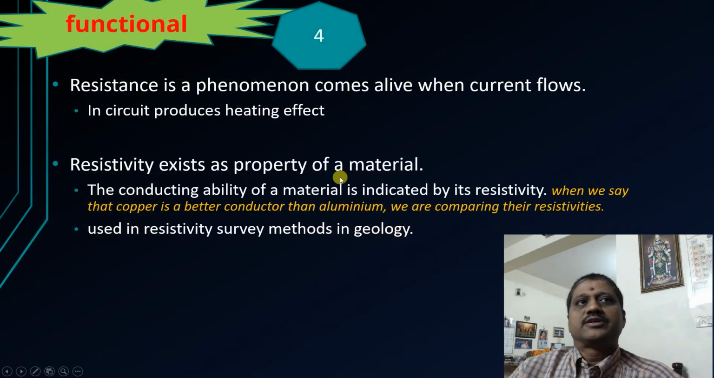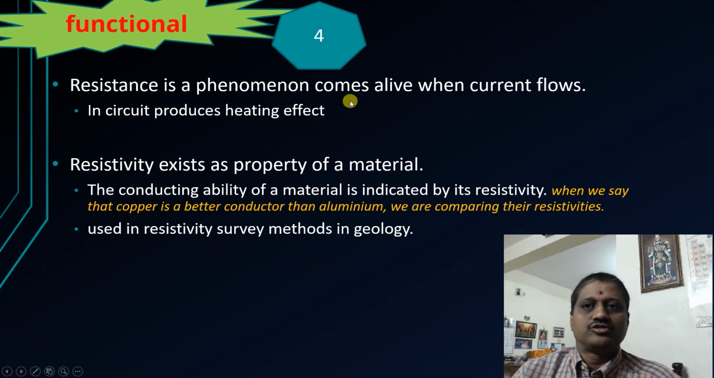Now, functional aspects. Resistance is a phenomenon that comes alive when current flows. Resistivity exists as a property of the material. Resistance is used for the heating effect, and we are using it in appliances. Resistivity is used in resistivity survey methods in geology, for example, finding the